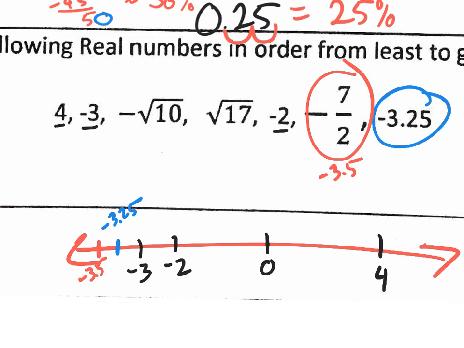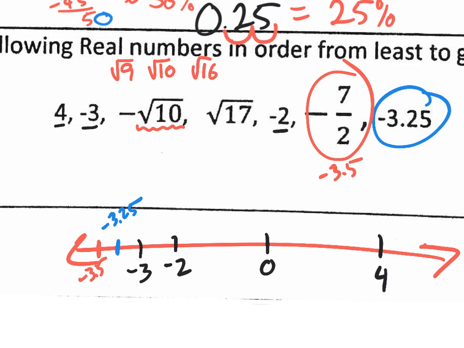We got two radicals to deal with. Could anybody give me a decimal approximation for the square root of 10? Is it like 5? Is it 6? Is it 2? 3? What do you think? 3 point. Okay, so the square root of 10 is between what perfect square numbers? The square root of 9 and the square root of 16. Which one is it close to? The square root of 9. So your answer is going to be close to the answer of the square root of 9. What's the answer to the square root of 9? 3. So you're talking about 3.1,